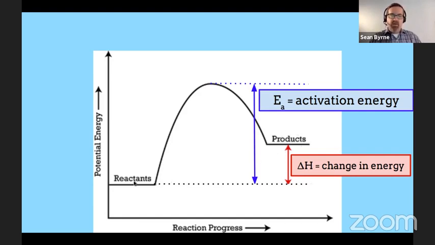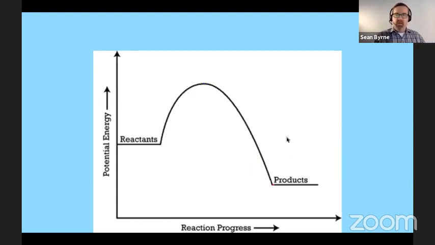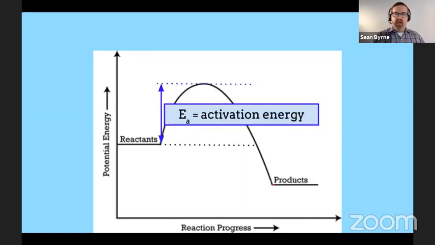My products have more energy than reactants, so that means we would define this as an endothermic reaction. And then we could define this one as an exothermic reaction. However, some things are going to stay the same. We would calculate our activation energy in the same way, from the line that is extended from our reactants up to the line that's tangential to the top of our curve up here.